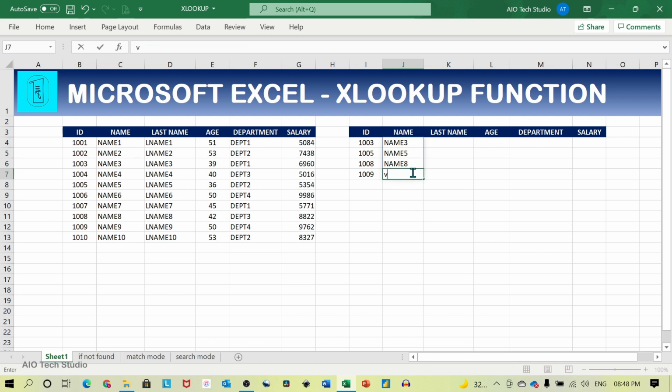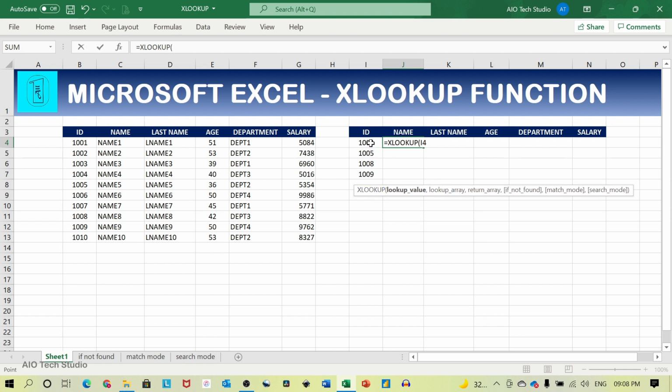If there is text sitting in the spill range, it will show a spill error. Just clear the obstruction to get the result back. In this example, the result is spilled vertically. Let's try out a different example in which the result is spilled horizontally.